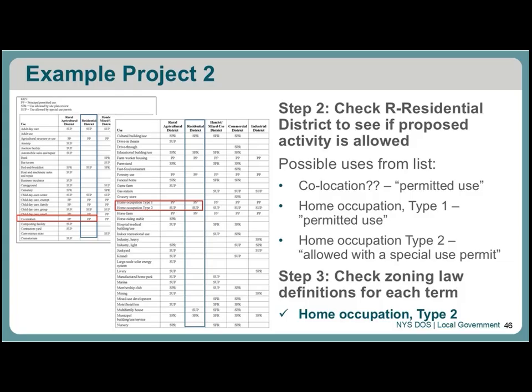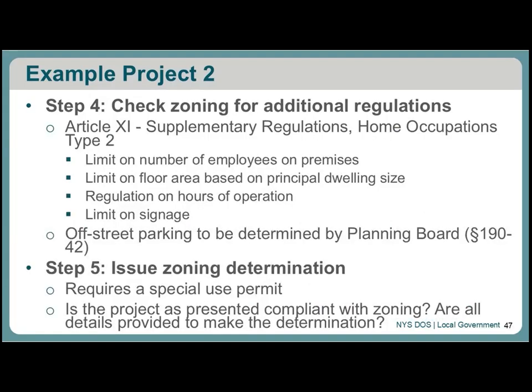So at the very least, it looks like that's what would be permitted, this use with a special use permit. So then the next thing would be to figure out whether or not there are any additional regulations related to the use. As Paula suggested earlier, a search might be the fastest way to find out whether home occupations have additional regulations, because in this case there wasn't that cross-reference to the different types of uses.